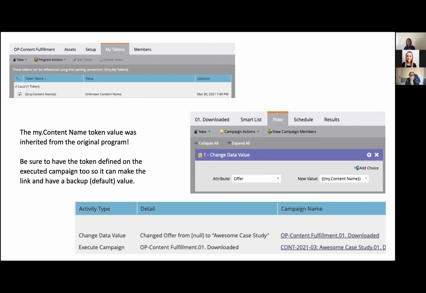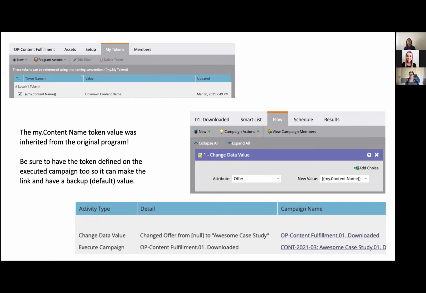We want to make sure that we have some value in case we forgot to have the content name identified on the original program. And it also helps make the link, since it may not be guaranteed that it would inherit a token that it doesn't actually have on the centralized program itself. Then in the flow steps on that executable campaign,